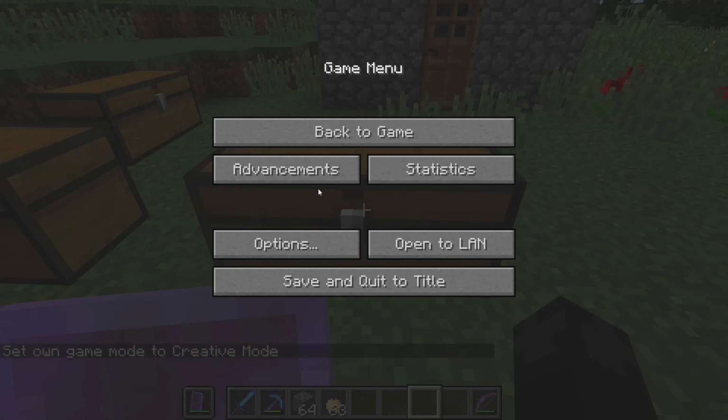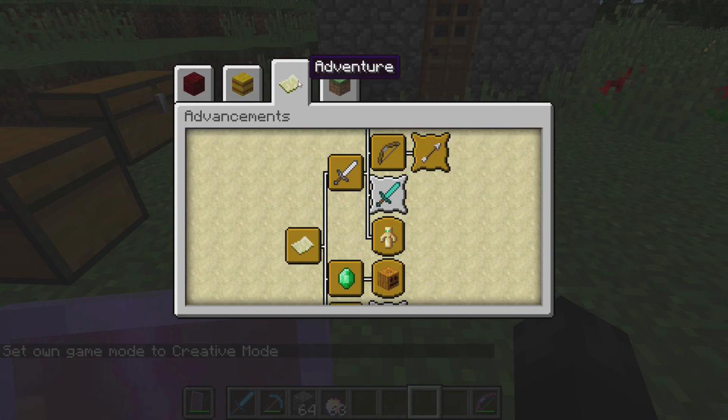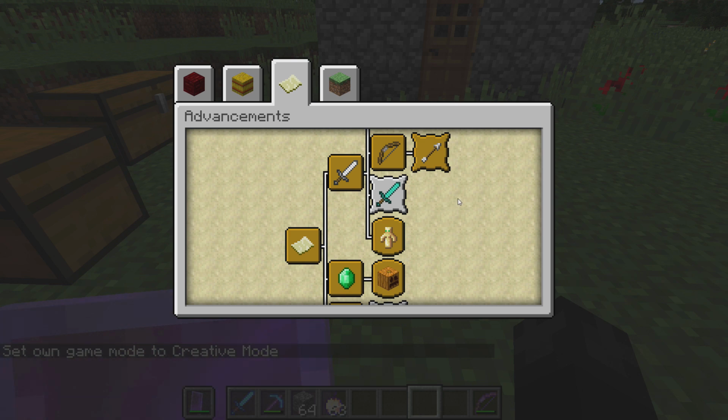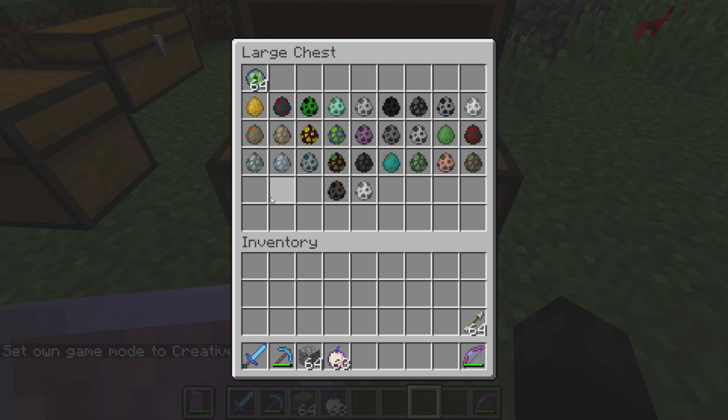Okay, so then we have an advancement called Monsters Hunted. Now, unfortunately, I haven't been able to find an actual list that states which monsters are required, and the wiki page that I'm using lists monsters, but it doesn't make the definitive list of it. So here's some of the monsters and mobs you're going to need to deal with. So you definitely need to kill Blaze, Cave Spider, Creeper, probably Drowned, probably Elder Guardian,